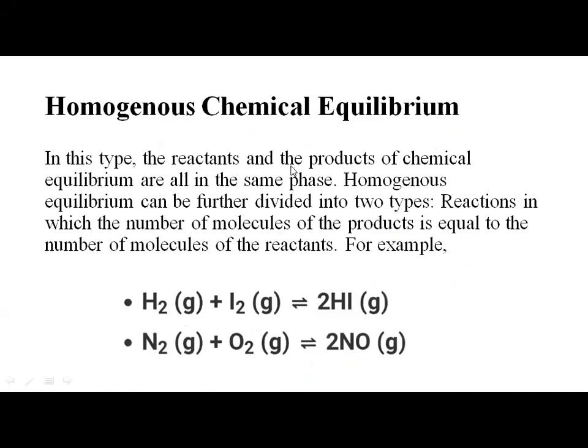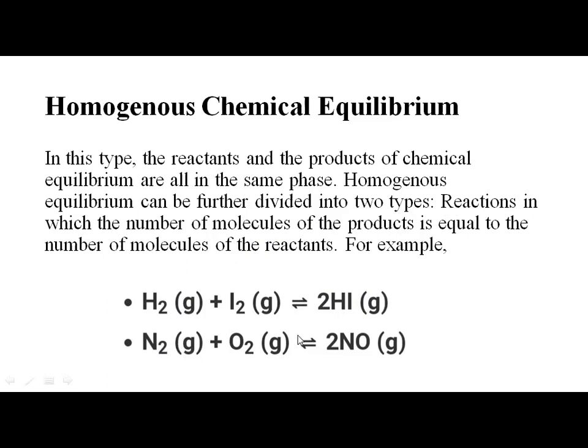In this type, the reactants and the products of chemical equilibrium are all in the same phase. Homogeneous equilibrium can be further divided into two types. The first is a reaction in which the number of molecules of the products is equal to the number of molecules of the reactants. For example, H2 plus I2, two reactants, gives 2 molecules of products. So the number of molecules of products is equal to the number of molecules of reactants, and all are in the same